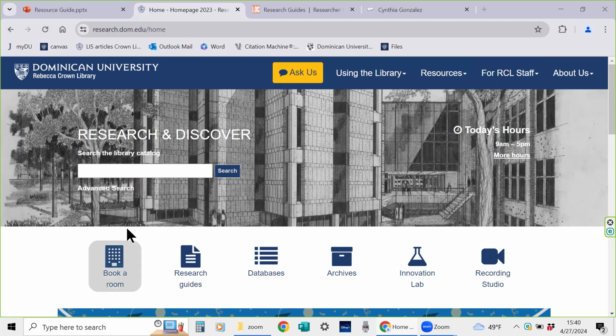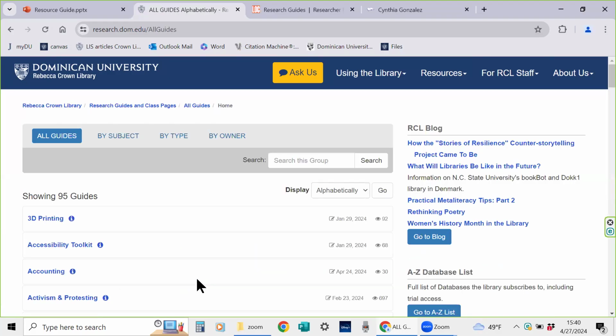So on their main page here, you can go through research guides. You don't need to be a student or have an account or anything like that. Most libraries offer these without any kind of account. They're just kind of for the general public, unless it's by a very specific private organization, but that's not very common. Here you can see they have a listing of the 95 subject or research guides that they offer,